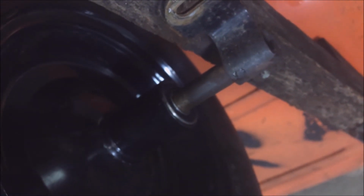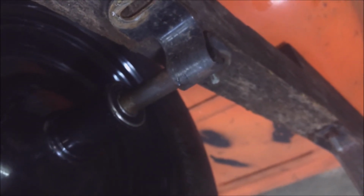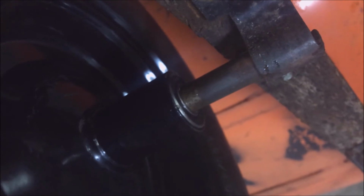So that leaves me a couple options. I could leave it as is, and because I'm using a better bearing, maybe this won't slide back and forth. I think it's going to. I was able to push it back and forth, and I figure with a load on it, it's more than likely going to move. So I did some digging around in my scrap pile, and I found a piece of steel from what I think to be an old gazebo,